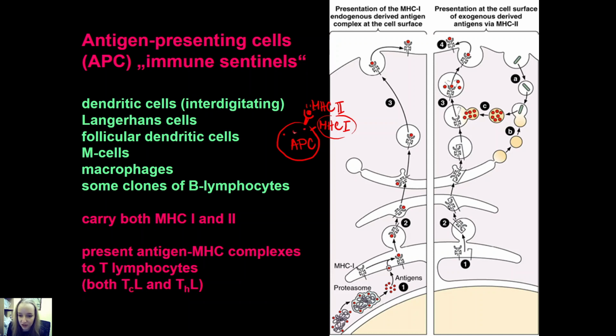And these cells really don't produce anything. Sorry, that was a hard sentence. They are really important just for signalization. And we differentiate many types of antigen presenting cells, like dendritic cells, Langerhans cells that can be found in the skin, in the epidermis, follicular dendritic cells that are in follicles in the lymph nodes, and M cells that can be found